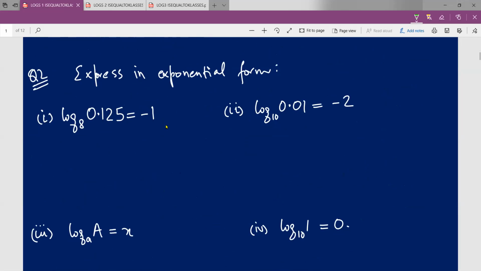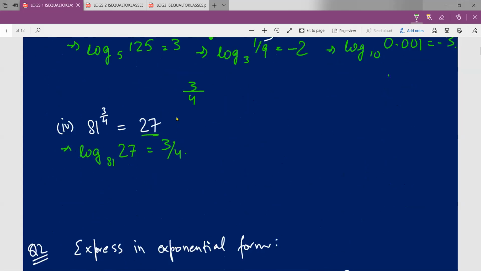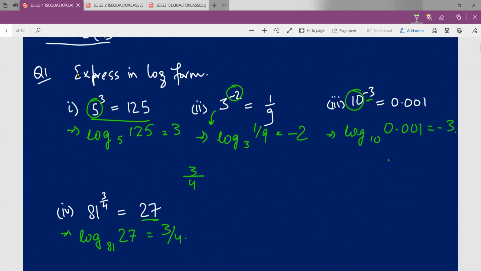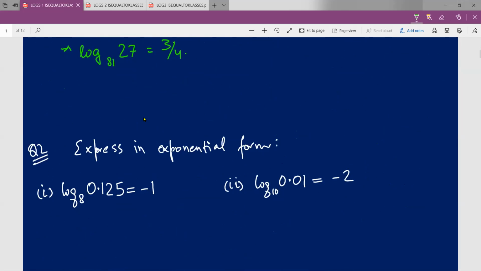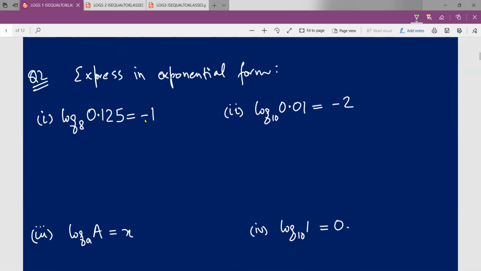Now over here, in the earlier question, I'll just rewind back to the earlier question. They had told you that all the questions that are given here are given in exponential form and you have to convert them in log form. In the next question, question number 2 of exercise 8A, it's vice versa. They have given you a log form and you have to convert them into the exponential form. It's easy. We will apply the same method as we had solved question number 1, but exactly the opposite of it.